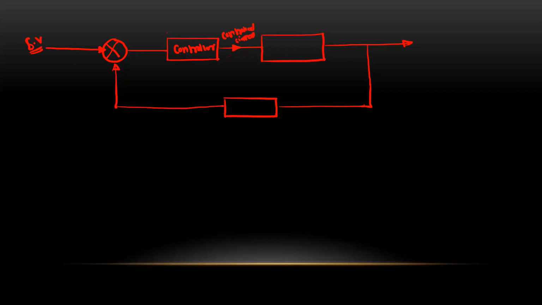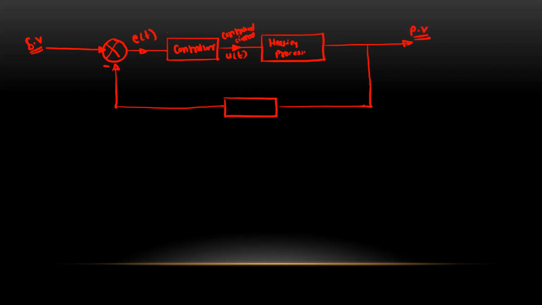This is the control signal which is generated by the controller, generally taken as u(t). After the summing point, we get the error signal, which is represented as e(t). The control signal is given to the process, that is the heating process, and then we will get the final output, that is nothing but the process value.